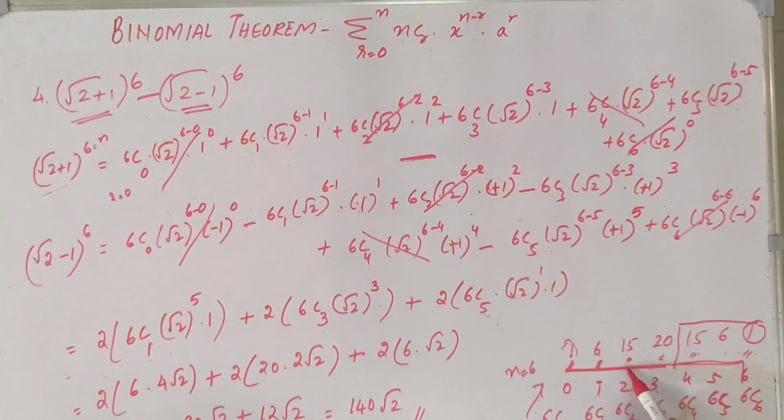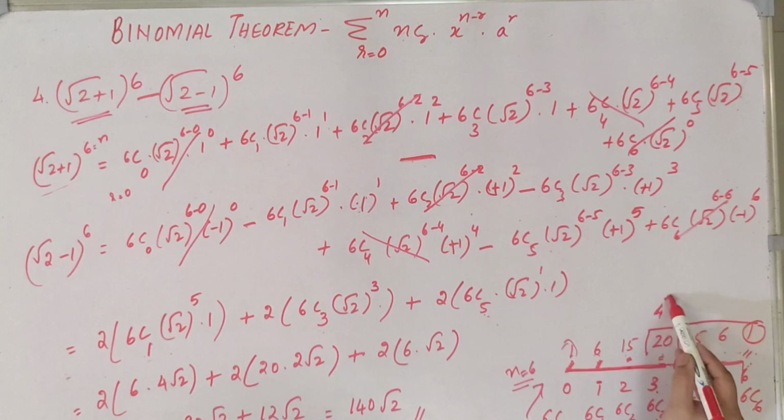This is the next step. Now let's calculate the third term and fourth term. After you have calculated 4 terms, the remaining terms are going to repeat themselves in the reverse order. So we have 1, 6, 15 here, so 15, 6, 1 is going to repeat. Now, how do you know when you have to start repeating? There is another way to remember that. Anytime you have crossed the midterm, there are 7 terms here. For power equal to 6, you'll have 7 terms: 1, 2, 3, 4, 5, 6, 7. Now for 7 terms, what is the midterm? It's the 4th term. After you have calculated the midterm, from there onwards, everything will start repeating and reversing.